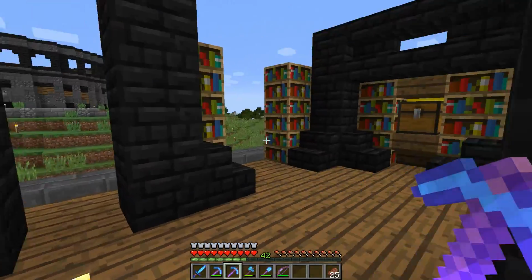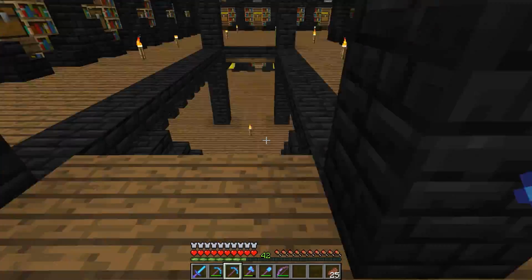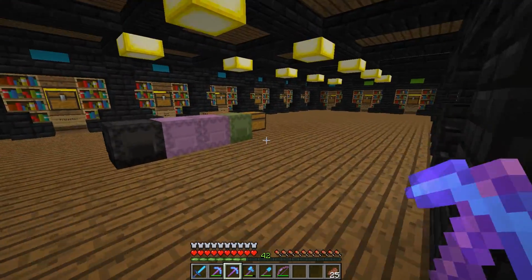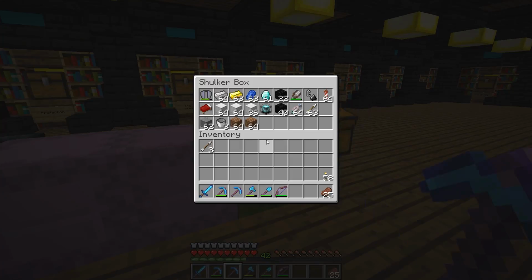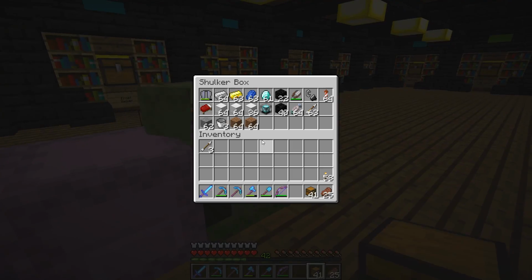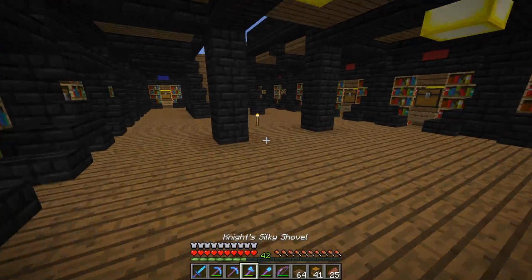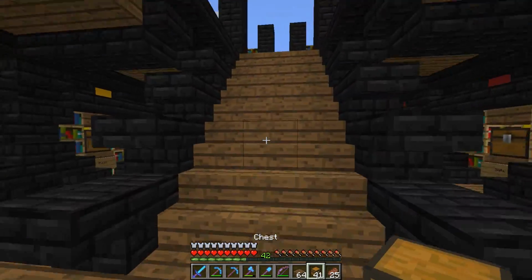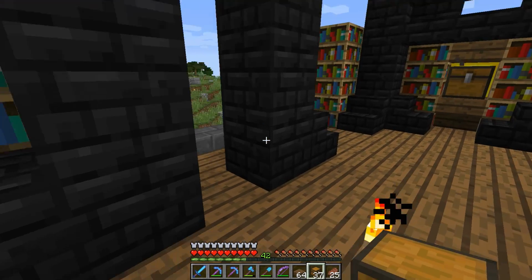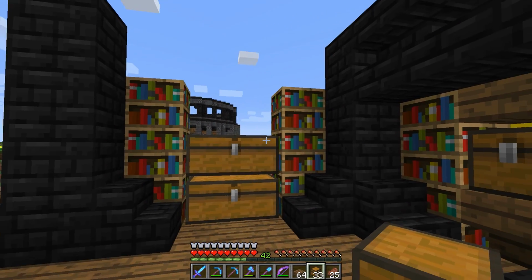So what we need to do next is we need to get this little bit figured out, and I think what we're going to do right here, let me grab, I think I've got some chests in one of these. Yeah, there we go. And actually, let's grab some spruce stuff as well. There we go. So what we're going to do here is we're going to have double chests, and these are going to hold mixed books like I talked about. Now, do I want...